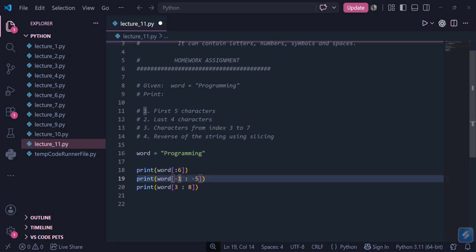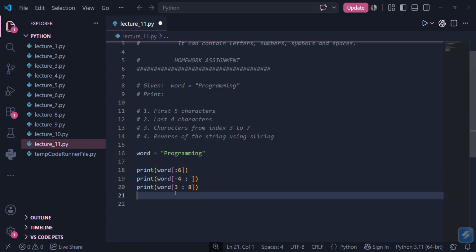Here we will take -5 to -1. So I think we will need to take -4 to the end. Yeah, of course, sorry. So reverse of a string using slicing,